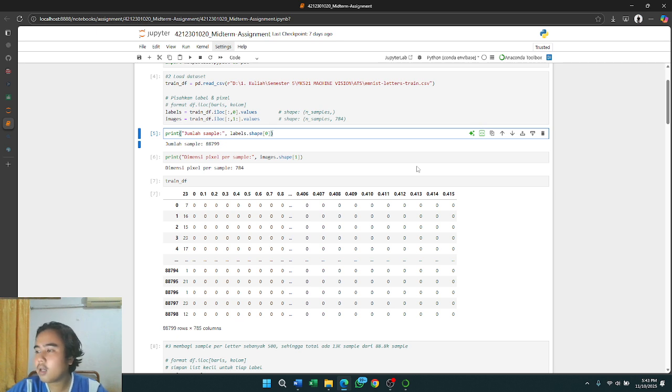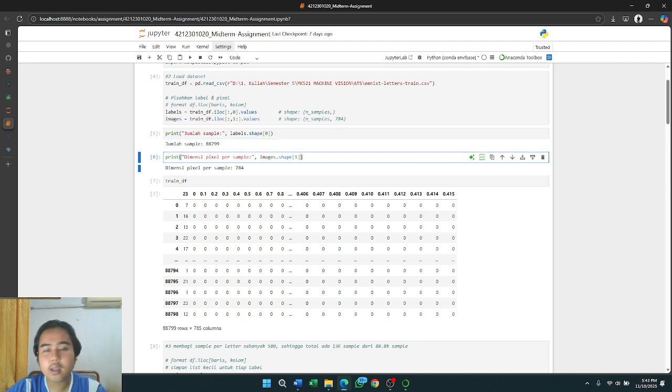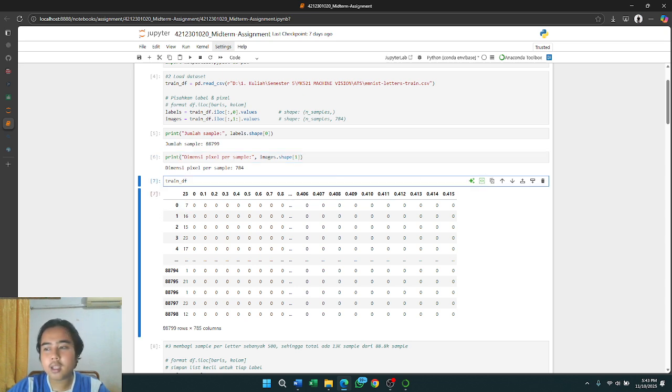The label variable contains a collection of labels for each letter image, and the shape attribute is used to determine the size or dimension of the array. Next is the cell used to indicate the pixel features of each image sample in the dataset. The pixel value data of the entire image, where each row and column represents one pixel, is stored in the image variable.